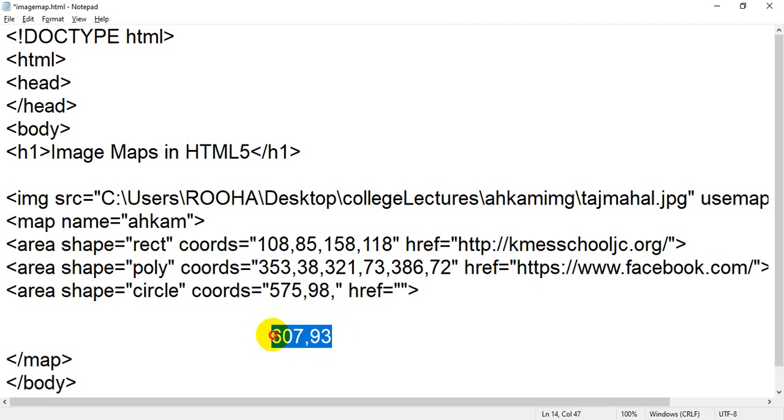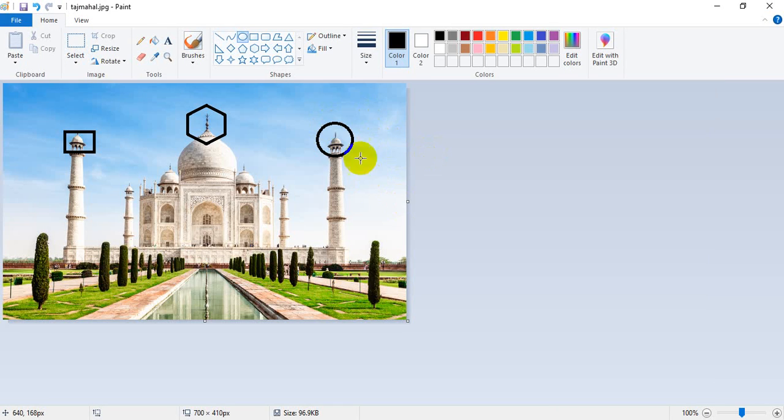Are you getting it? This is not a fixed value. Now you have to take only one value, which can be x or it can be y. Just go to your notepad and take any radius.